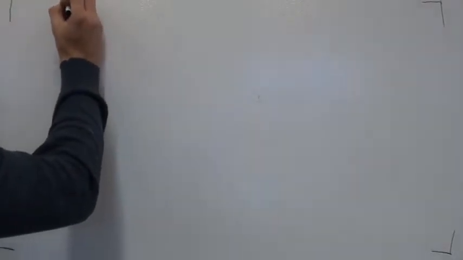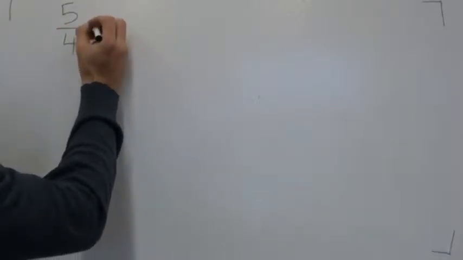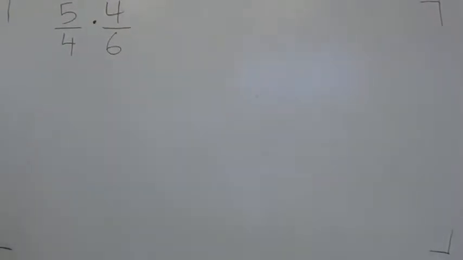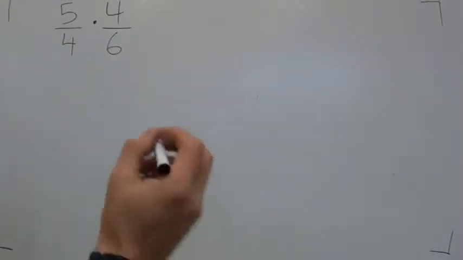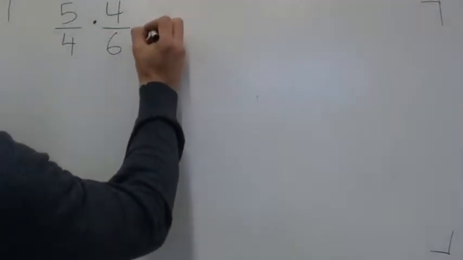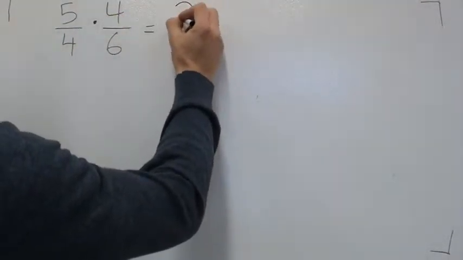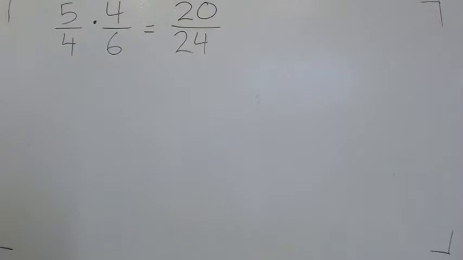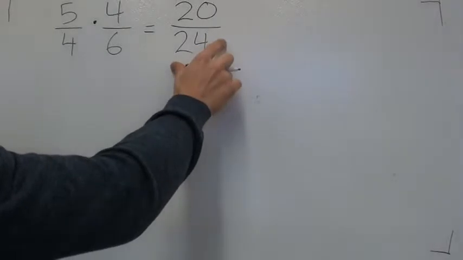Alright, so the first thing that you're going to need to learn for the homework is how to cross-cancel fractions. Let's look at an example of multiplying a few fractions here. Since we're multiplying fractions, you just multiply straight across. 5 times 4 is 20, 6 times 4 is 24. So you have 20 over 24 for your final answer, but you can probably tell that that can be reduced